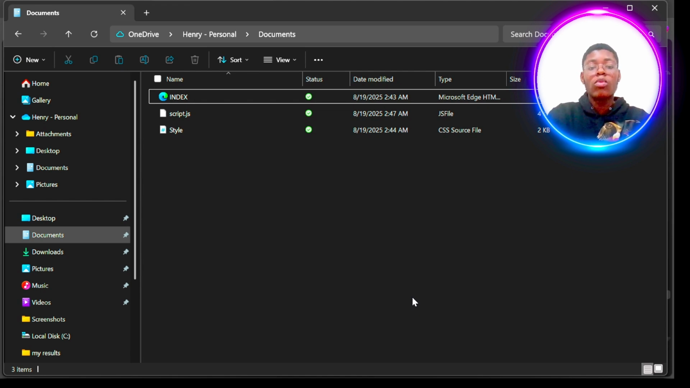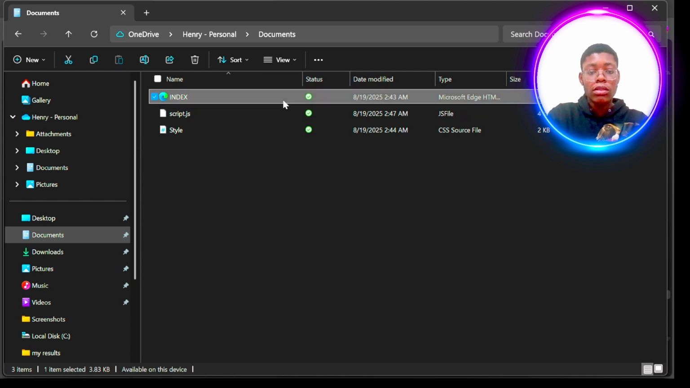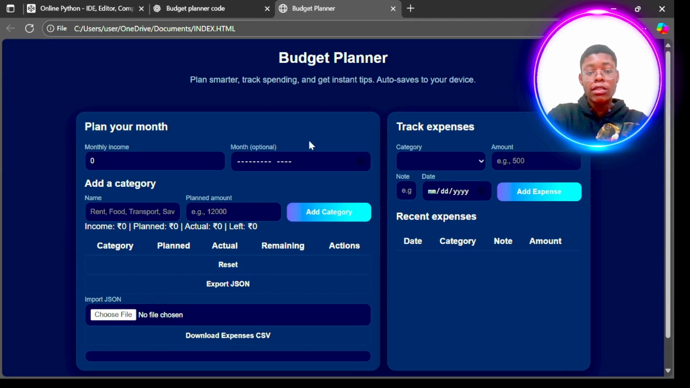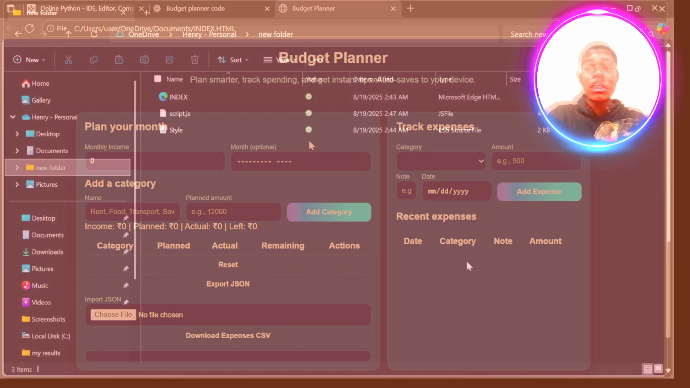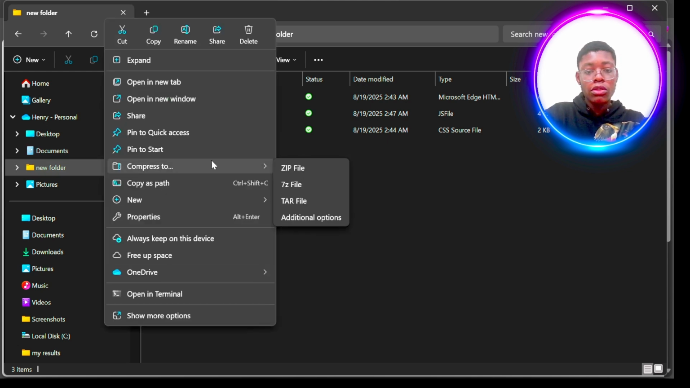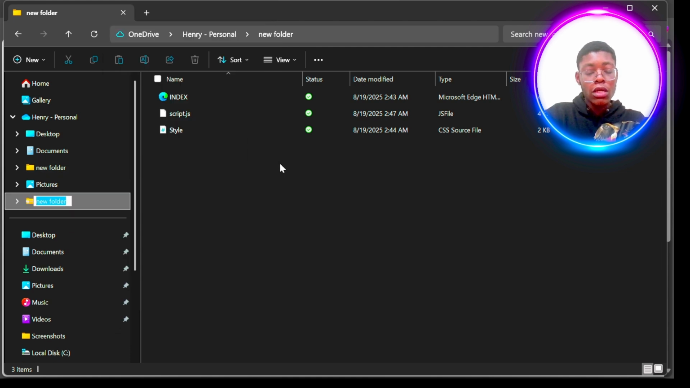For that, we need to come over to where we saved it. Click on index, click open, and then you can see that our app is now running smoothly. Right now, we created a new folder for our code, and what we need to do now is to compress it into a zip file. So we click on it, click on compress to, and click on zip file. Now we just rename it as budget